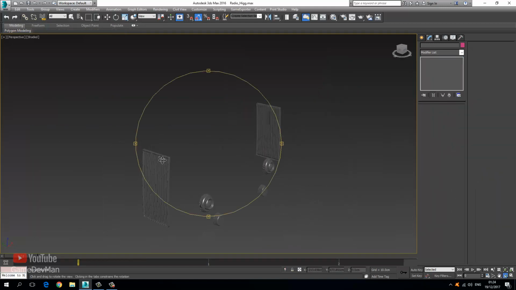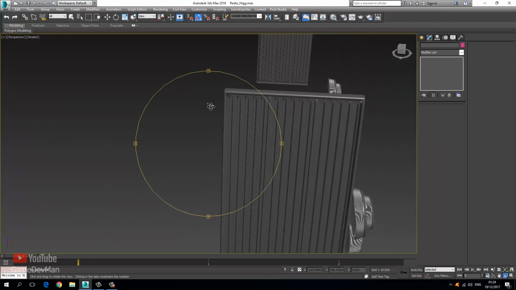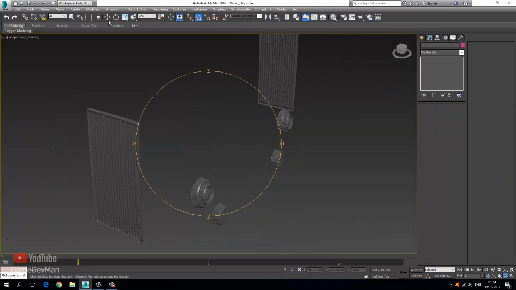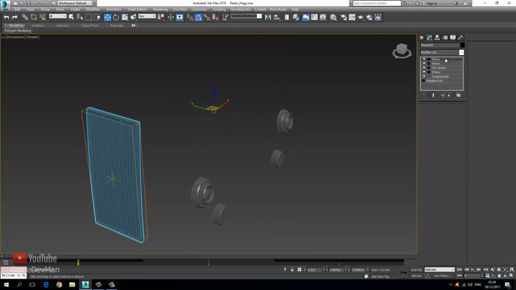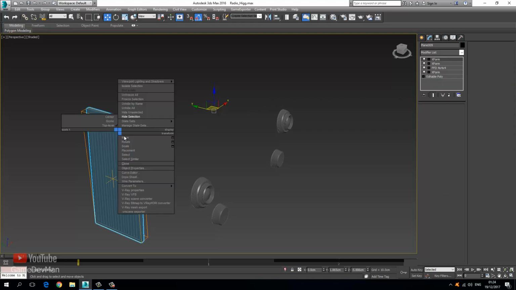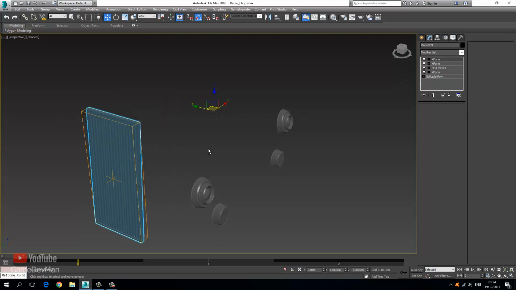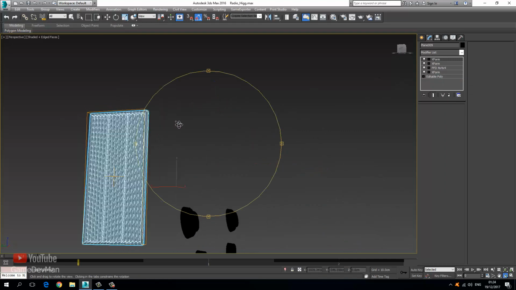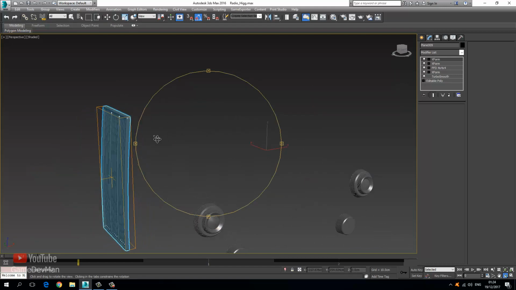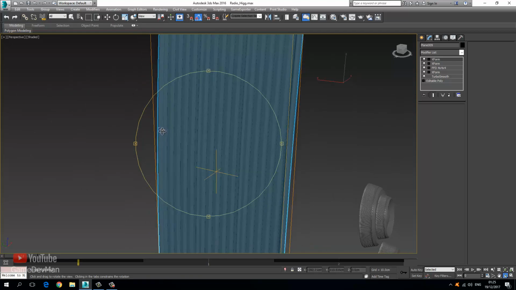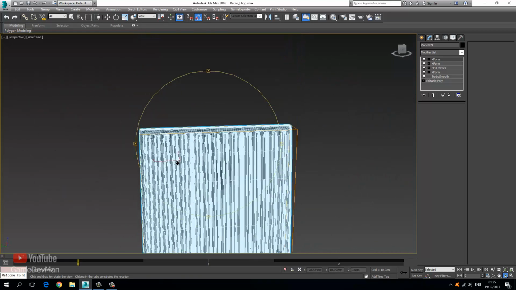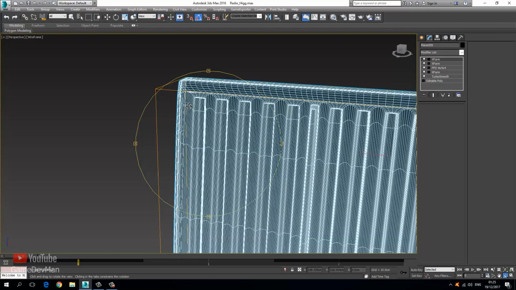Alright, let's move on. So the next thing is we have these grilled pieces. So what I'm going to do is I'm going to take this and I'm going to remove the symmetry. And I am going to remove the turbo smooth, and then I'm just going to go ahead and let's have a look at this. Okay, so it looks like we need that turbo smooth on there. What that's going to do is going to give us some geometry here. So the quickest way to deal with this